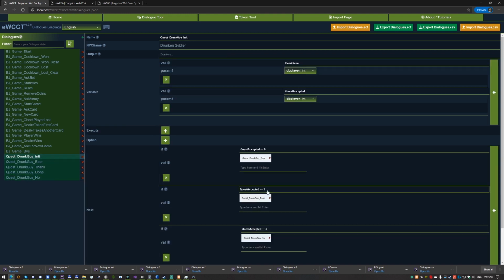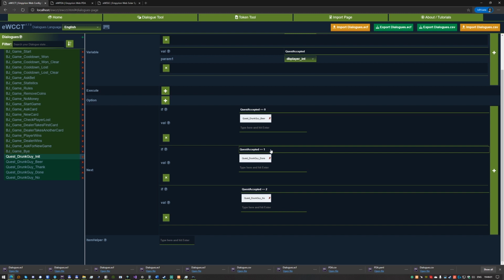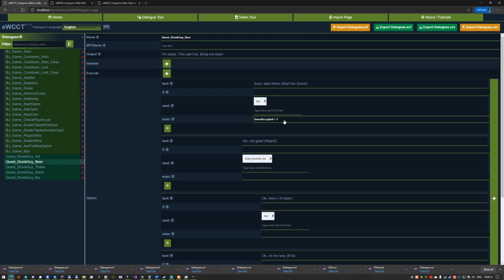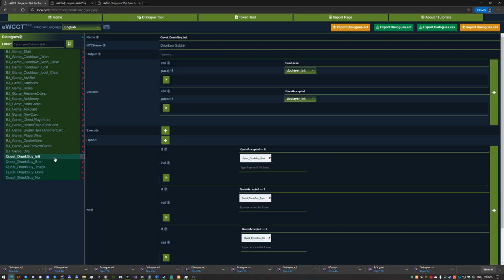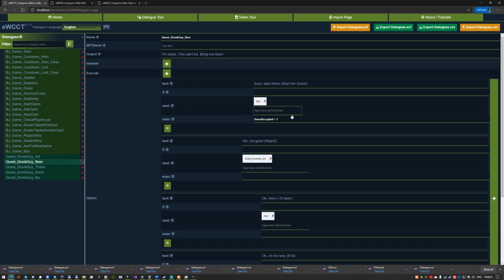And if we talk with him again, then it would go in this branch here, in the done branch, which we will change later, logically, of course, but just for you to know how to handle the variables and the consequences with them. I think it's easy, but just the logic behind it. But to finish it, okay, so the quest,